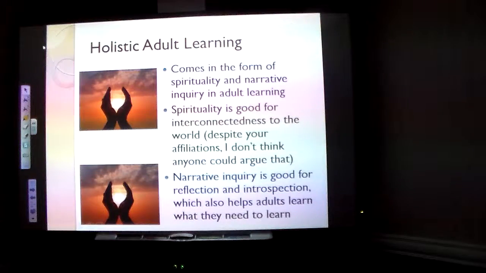So the other issue is this idea of holistic learning. Some people look at learning in terms of spirituality. This can come in the form of spirituality and narrative inquiry, and it's good for the interconnectedness and the understanding of the world. And I think